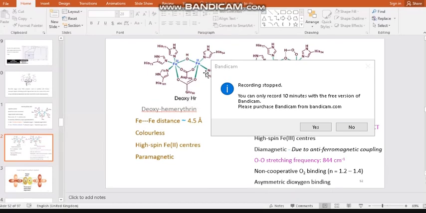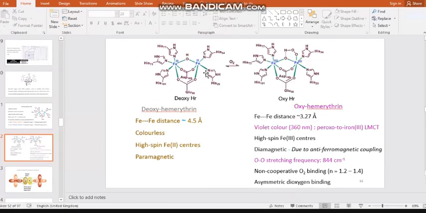It does not give significant information on the iron electronic distribution. So it is colorless in nature. The iron centers are high spin in nature. That also clearly indicates that these iron centers are high spin in nature. If the iron centers are low spin in nature, then the transitions are